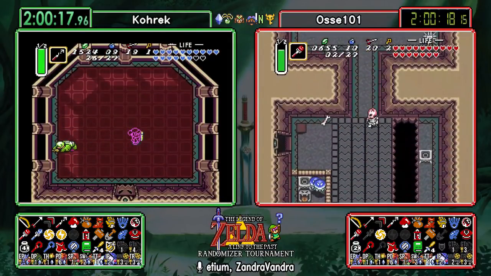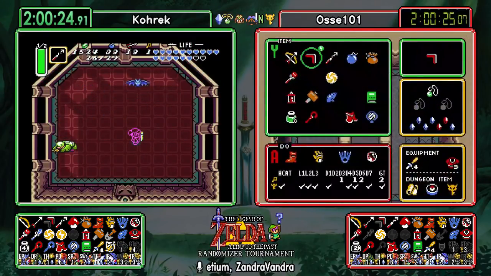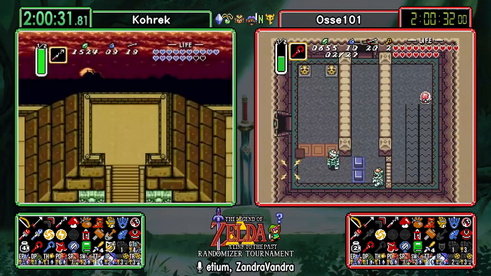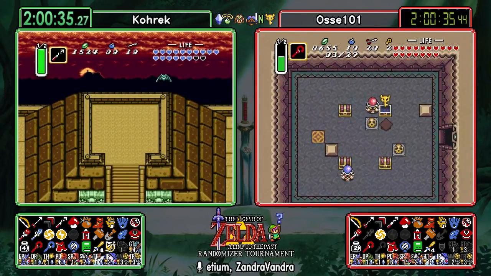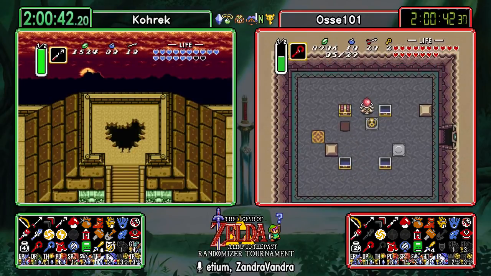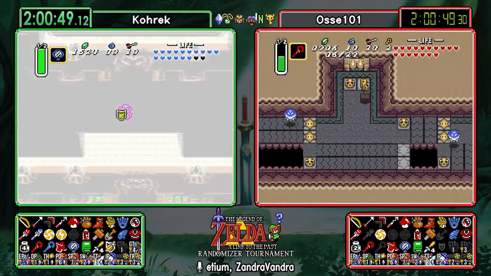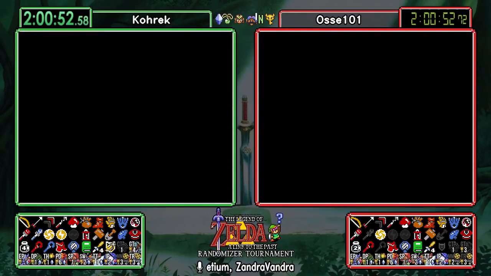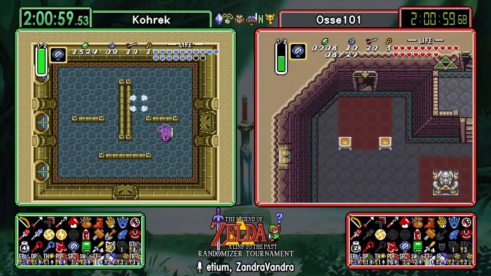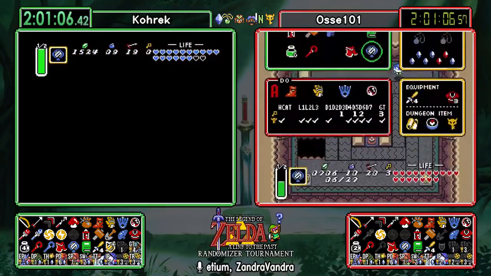So Osse, on the other hand, going to get that ice rod, ostensibly, and that other key. Ostensibly, Osse can just go mode Meyer in Turtle Rock and Castle Tower, right? Well, we're still looking for that 4th Turtle Rock small key. Kohrek needs it to get the 2nd Castle Tower key. Osse needs it to beat Trinex. And it has to be in a place that both of the runners can access right now. Yeah. Kohrek is going in, so...